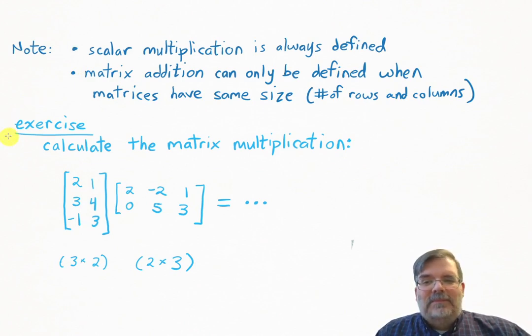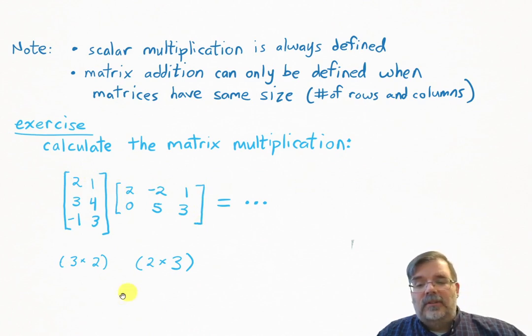And for now, I'll leave you with this. As I always say, you learn math by doing math. So I'd like you to go ahead and calculate this matrix multiplication. Here we have a 3 by 2 matrix times a 2 by 3 matrix. We know that's compatible because these dimensions match. As always, you'll want to partition the first into rows, the second into columns. The resulting matrix, how big will that be? And then